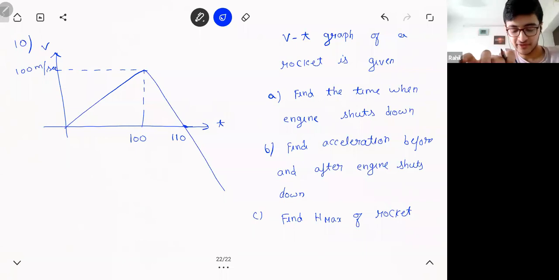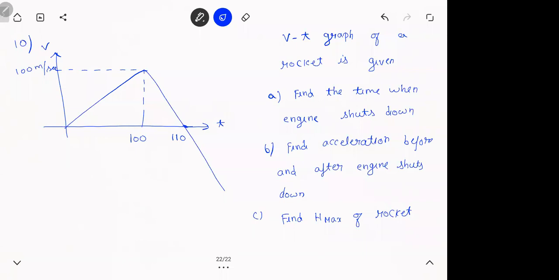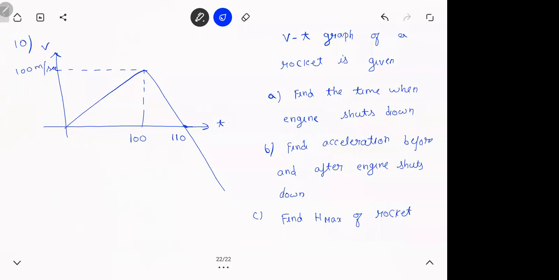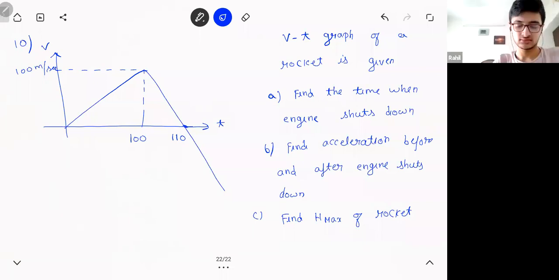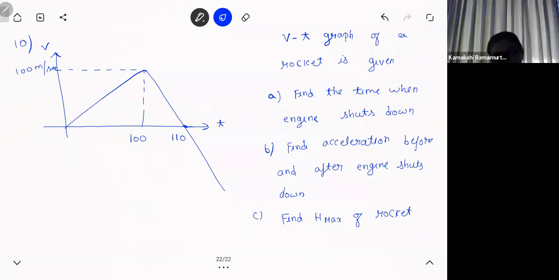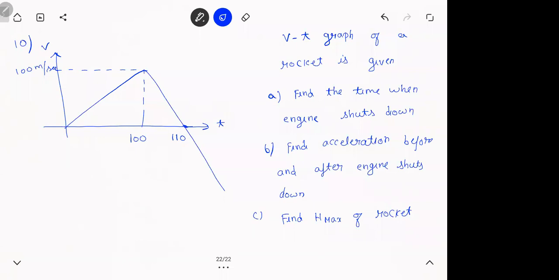Sir, is the time 50 seconds? No, Rahil, it's not 50. Was it a feeling or did you solve it? Solved it. So fine, then it is okay. At least you're not an astrologer. We don't want any astrology here. When you say something, you should have an explanation. It's okay if you get a wrong answer also. At least have some explanation. 100? Okay, Kamakshi, what made you think so?